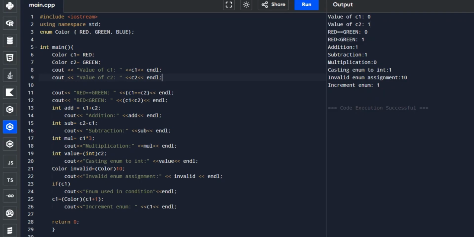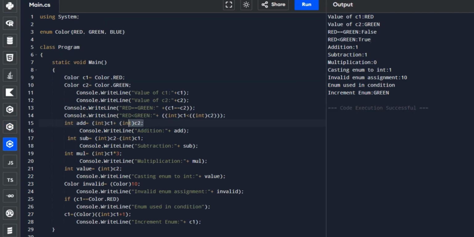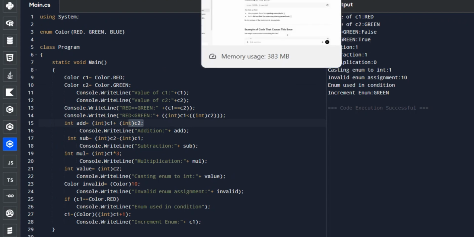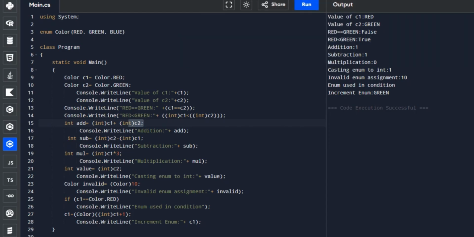In contrast, C sharp provides stronger type safety by requiring explicit casting when performing arithmetic operations with enumeration values.